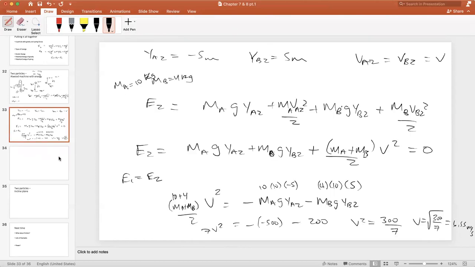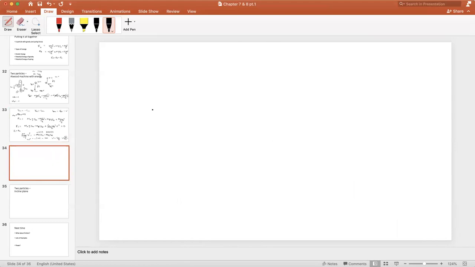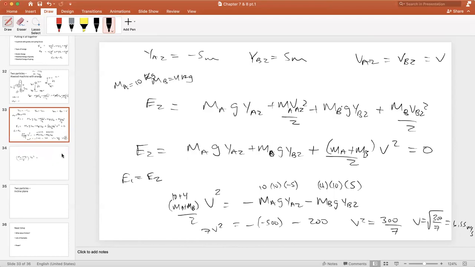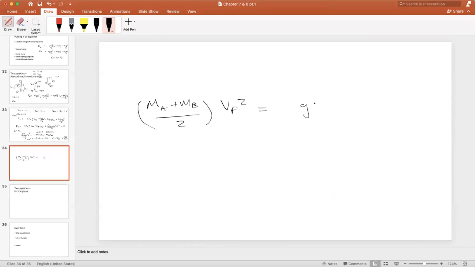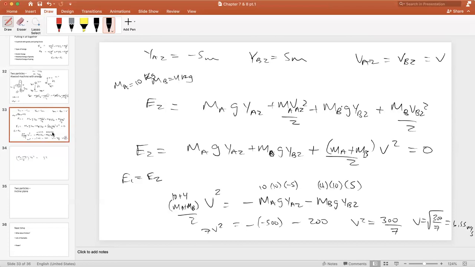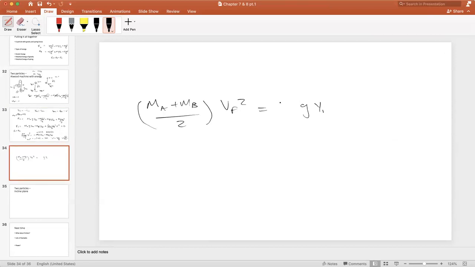what did we have here? We had (MA plus MB) over 2 times V final squared is equal to G Y, and this was positive and negative. So G Y MA minus MB, right? And so there's this term here that we found if we did those things,